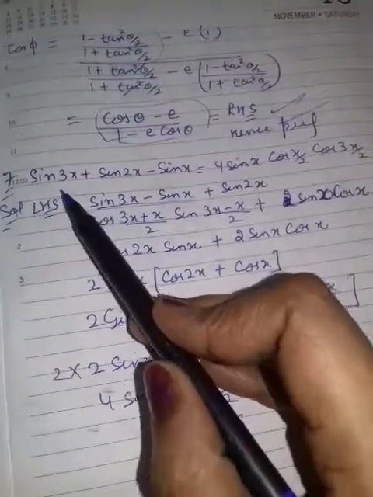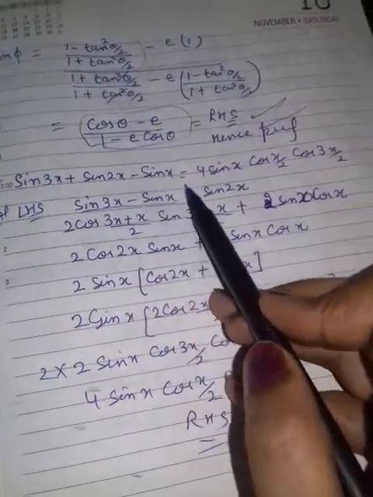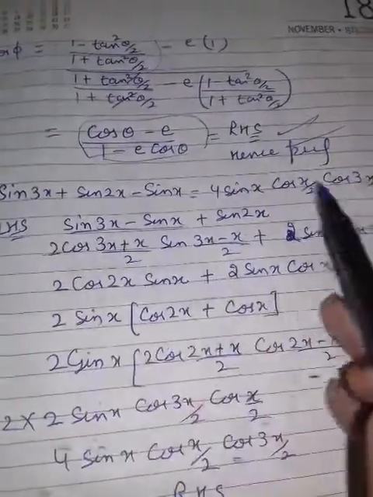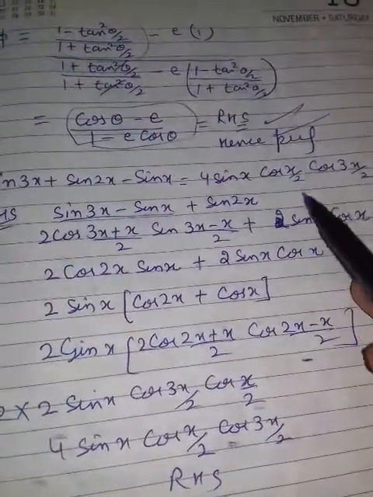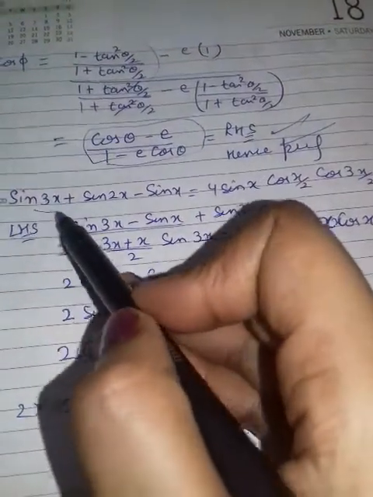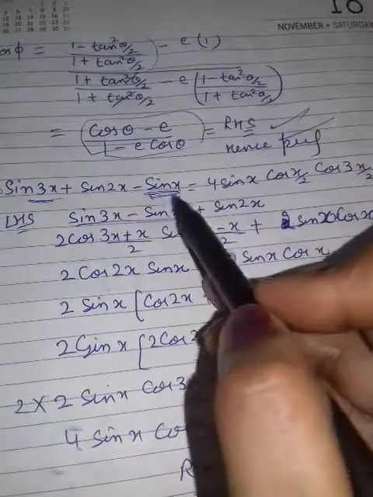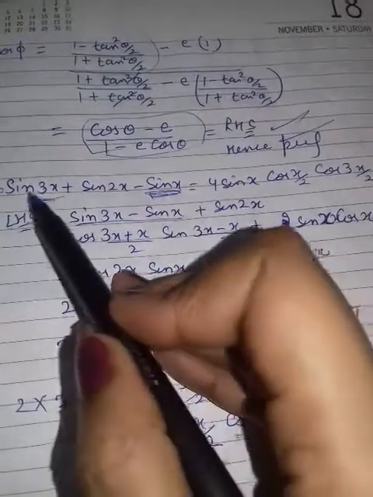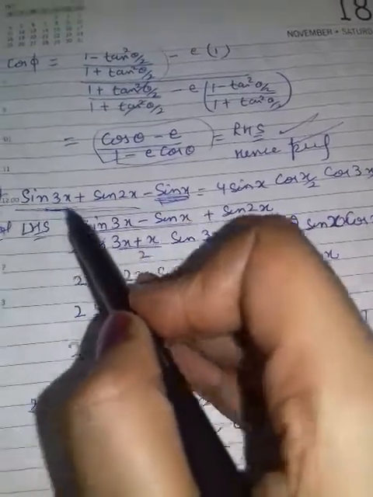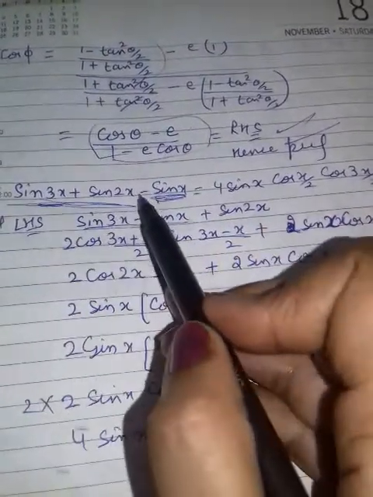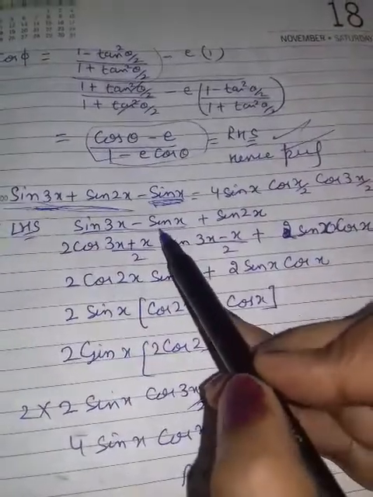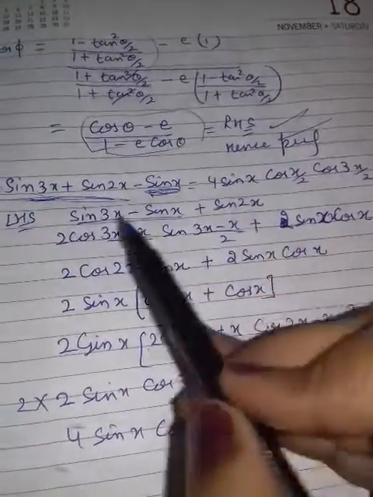Next one is sin 3x plus sin 2x minus sin x is equal to this. Clear? Now you will observe, what do you want? x by 2, 3x by 2. So we have taken this factor with it. You are thinking why we are taking this with it? Whenever you add them using the identity on these two, 5x will come, but you don't want that in the right side. So that's why I kept these two collectively and kept it here.